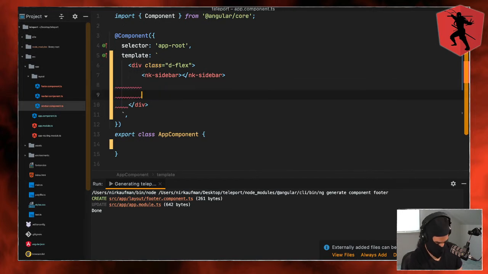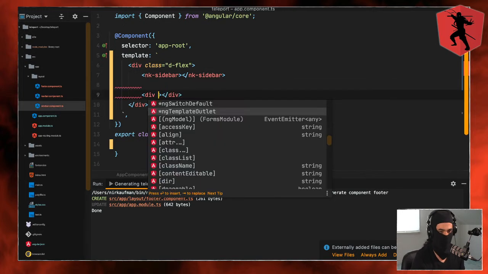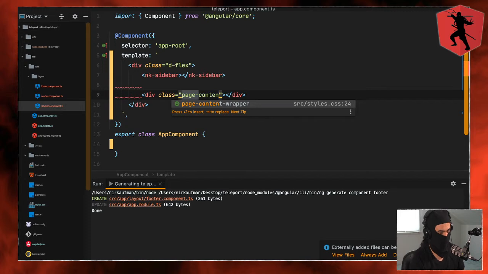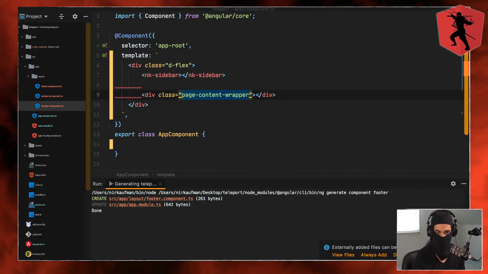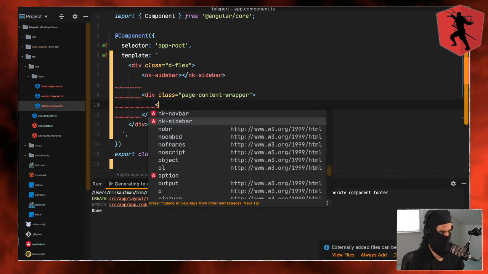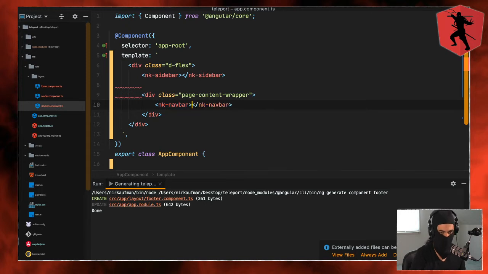Then, I'm gonna create another div, apply some custom CSS, so that's gonna be page content wrapper. Inside of it, I'm gonna use my navbar component,